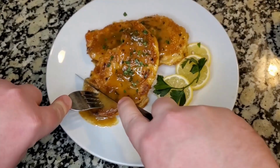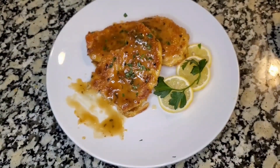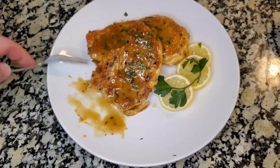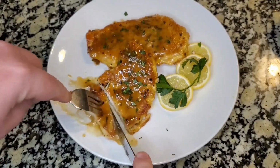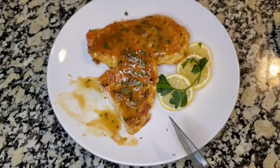And this is just the chicken, but if you're wondering what you could serve this with, anything just about. Some garlic mashed potatoes would be good with it. If you wanted to make like a double portion of the sauce from the recipe I'll put on and do it with some pasta, that would probably be great. Some